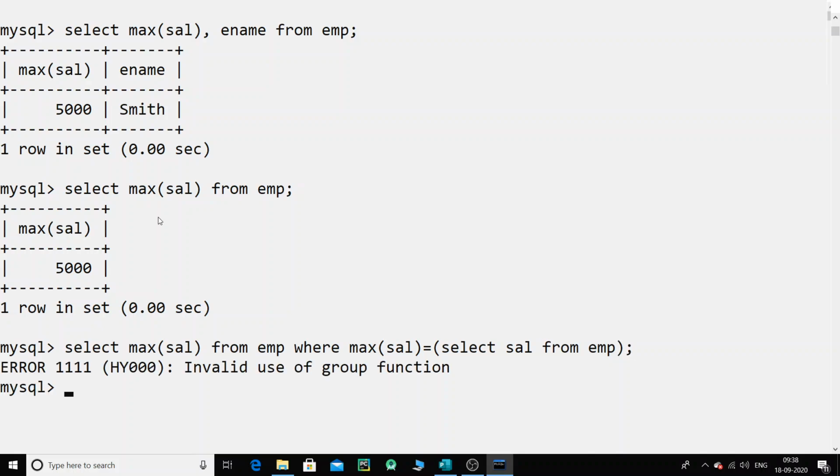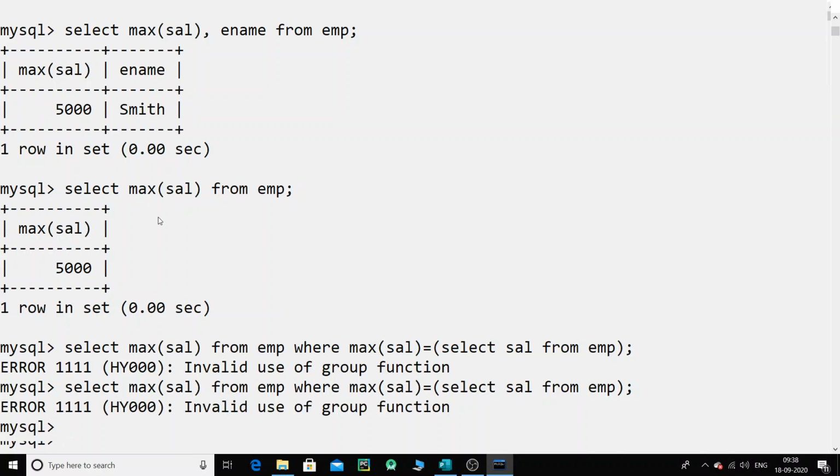Let me press enter. Just a minute. So select max of sal from EMP. Basically, children, we have to apply a nested query. Invalid group, okay.